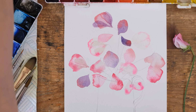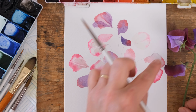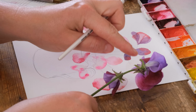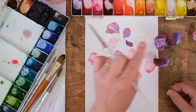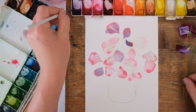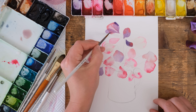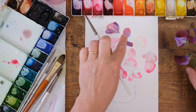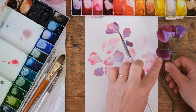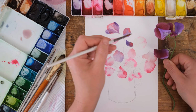That's looking really lovely, and if I pull out the purple one here, you can see the difference of the colour. We've got the claret on the back and the purple there, and that's looking really nice. You could always add a little bit more purple into them if you want. And then we have ones that are sort of slightly more closed. We might be seeing sort of the top of the back of the